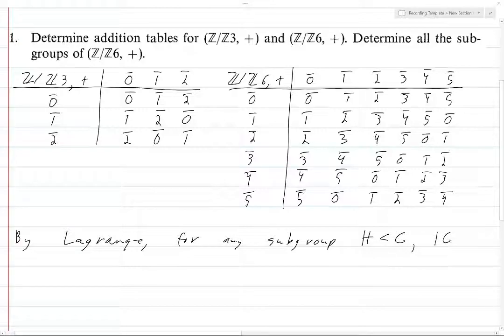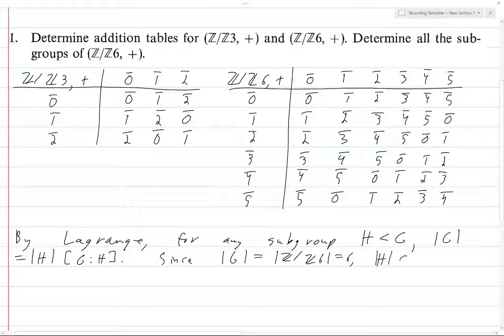So for any such subgroup, the order of G is equal to the order of H times the index. Since the order of G, which is the order of Z mod 6Z, is 6, the order of H must belong to 1, 2, 3, 6. I guess I didn't really need to write this part out, because that's just part of Lagrange, the order division thing. So anyways,